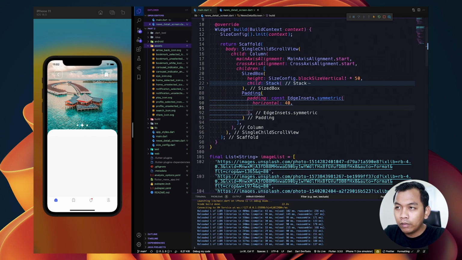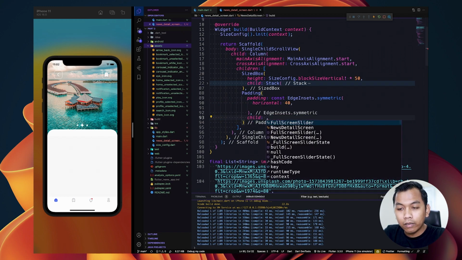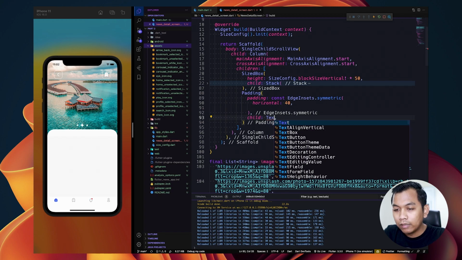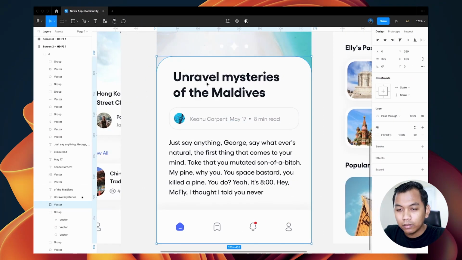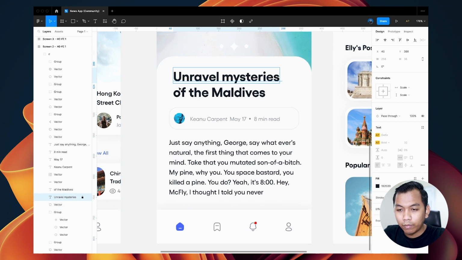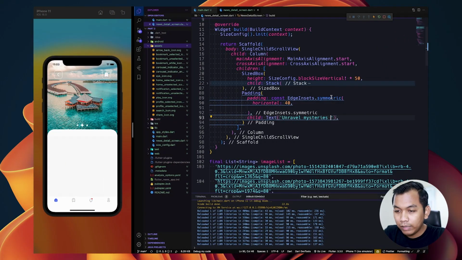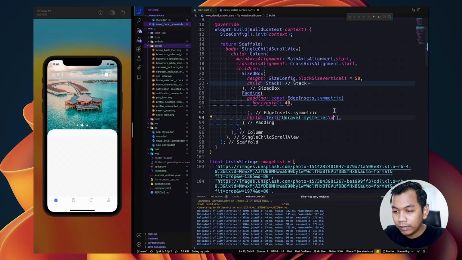And below that we will have child inside our padding widget, and for the text, I think just copying this, paste here, and the second text paste here.